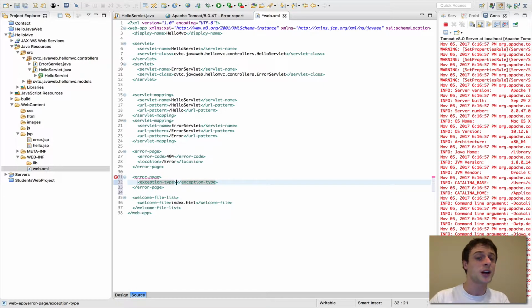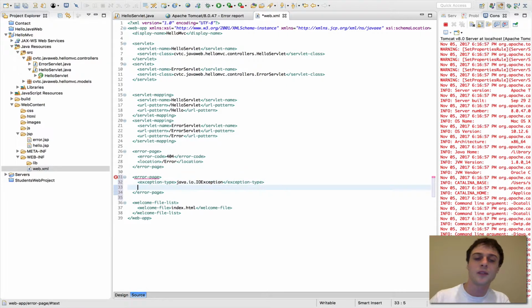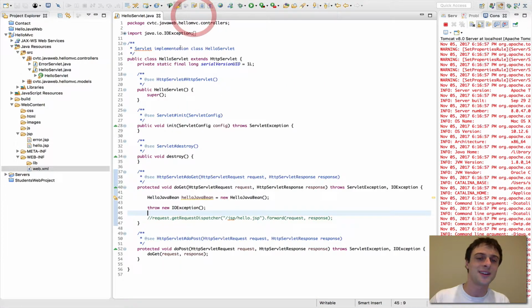Now the exception type is the java.io package, and then IOException. And then what I can do is type in the location, which would be our error servlet, so the URL pattern to our error servlet. So now when I click play,